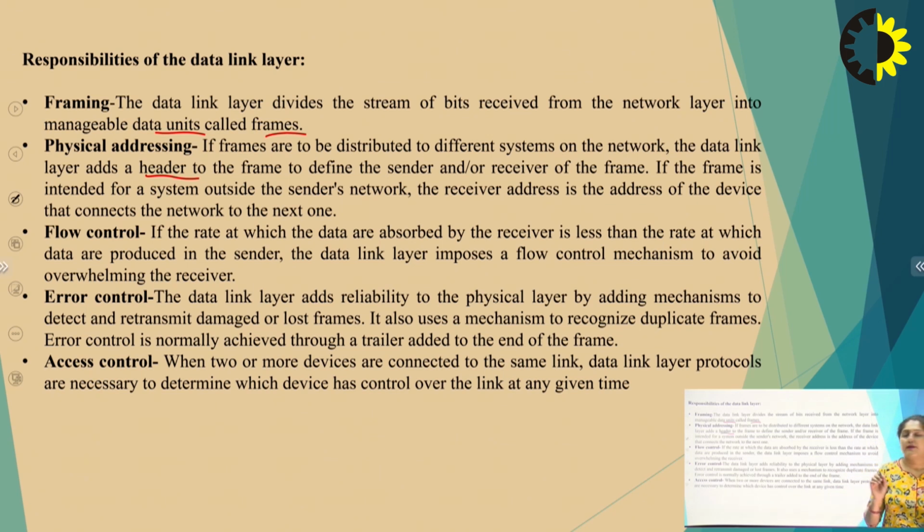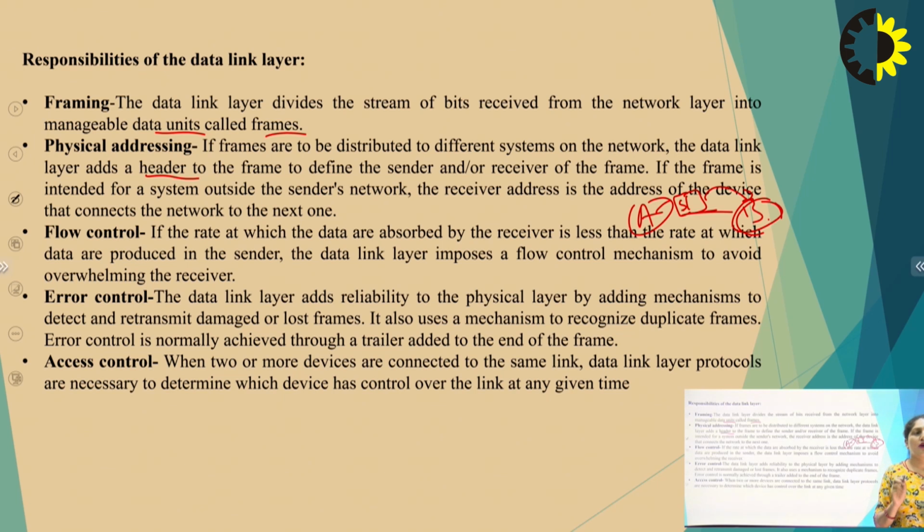If we are communicating between two different organizations, so A wants to communicate with B, and both are in different networks, A has to send its data plus the header, so that the destination node knows from where it is getting the data. So the header contains the information about the source.